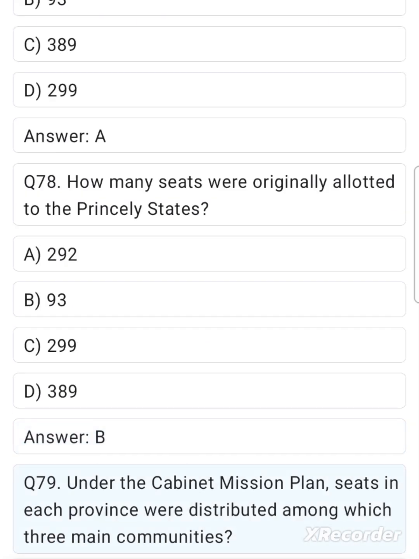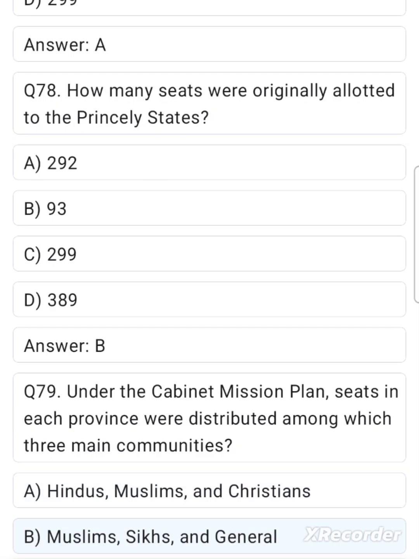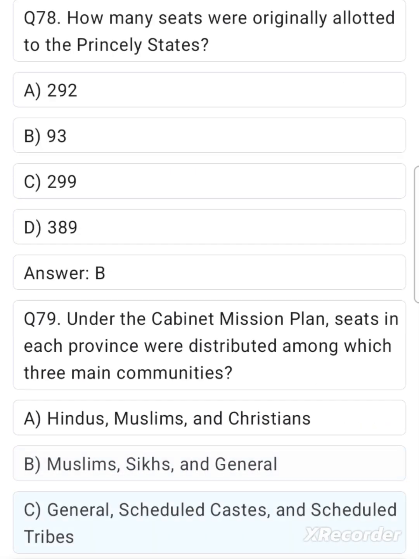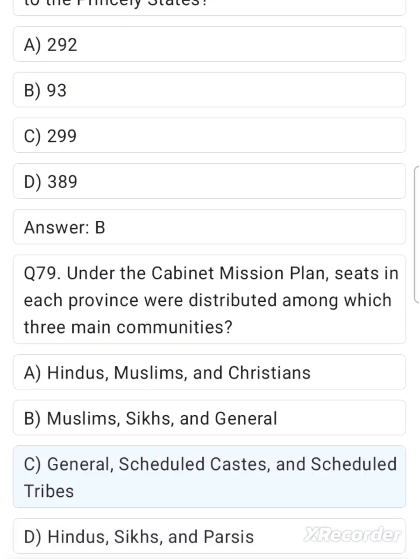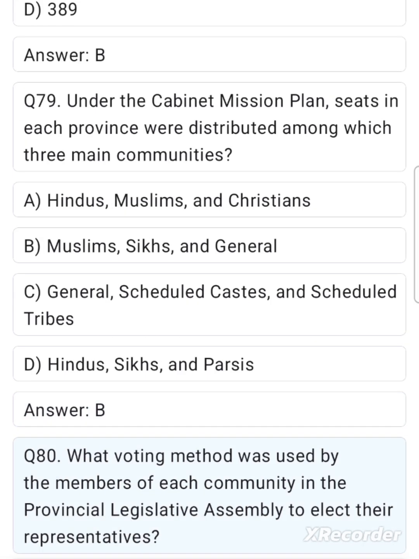Q79. Under the Cabinet Mission Plan, seats in each province were distributed among which three main communities? A. Hindus, Muslims, and Christians. B. Muslims, Sikhs, and General. C. General, Scheduled Castes, and Scheduled Tribes. D. Hindus, Sikhs, and Parsis. Answer. B. Q80. What voting method was used by the members of each community in the Provincial Legislative Assembly to